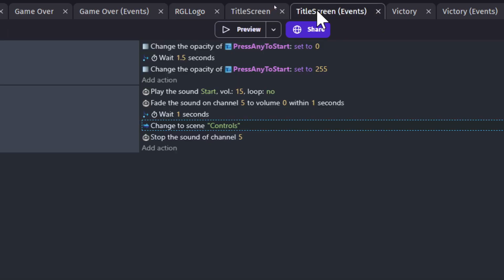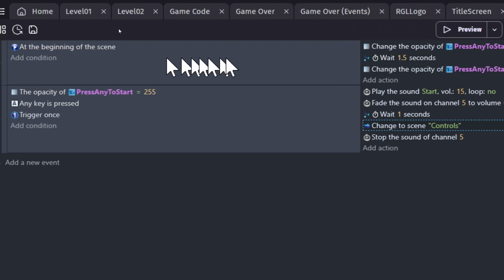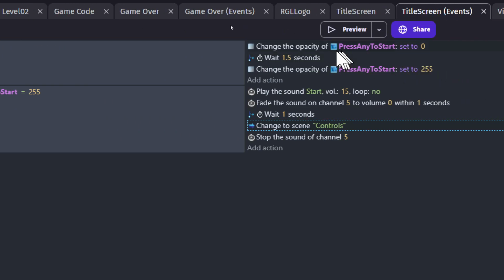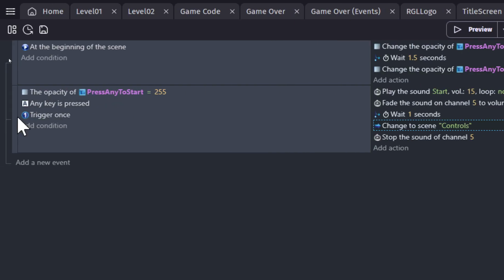So, title screen events. I was just gonna copy paste these, but whatever. Right, so these are the events. We start the scene. We change the opacity of the press any key. We wait 1.5 seconds, and then we change the opacity of the press to start to 255 so you can see the button. And then when you can actually see it, or the opacity of press any key is 255, then you're allowed to press any key, trigger once,